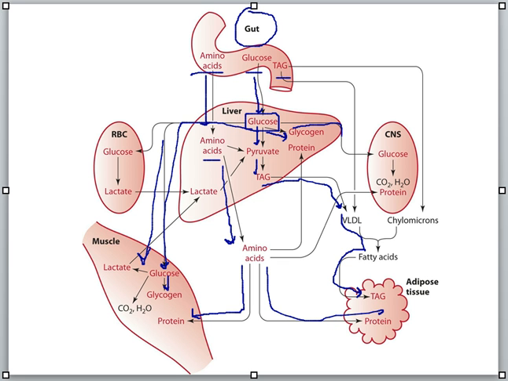Glucose is the primary and preferred fuel source for the central nervous system. So when we look at things like brain cells, they prefer glucose. We'll look at this when we look at the fasting state, but the central nervous system can use alternate fuel sources like ketone bodies, but the preferred source is glucose. Red blood cells have an absolute need for glucose, so certainly the glucose will go to red blood cells for a fuel source there in the fed state.